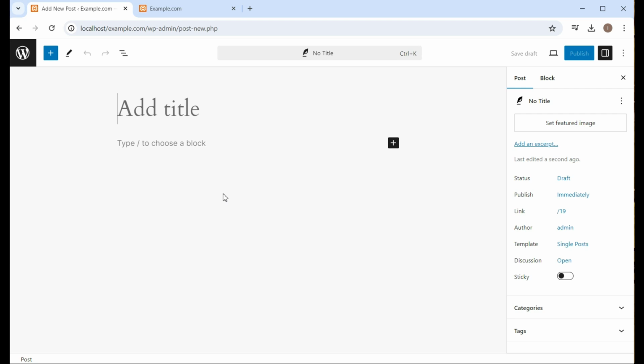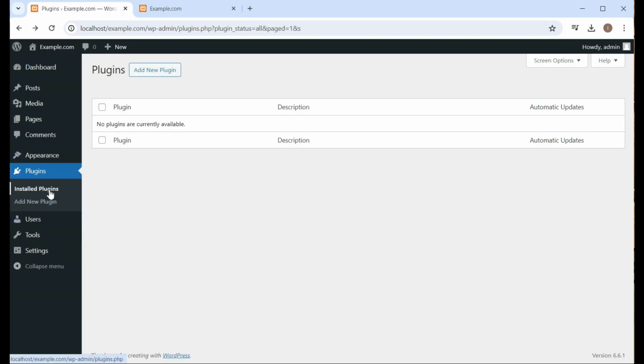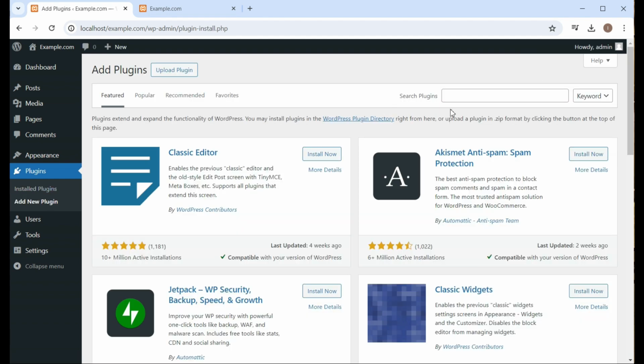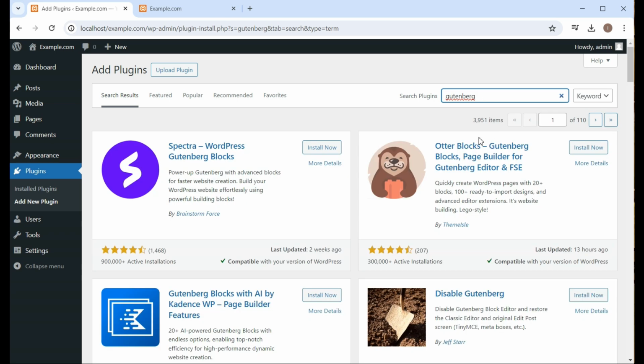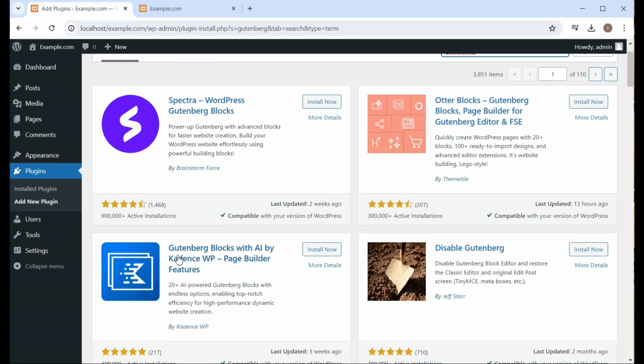If you go to the plugins and search for Gutenberg, you will find plugins related to Gutenberg.